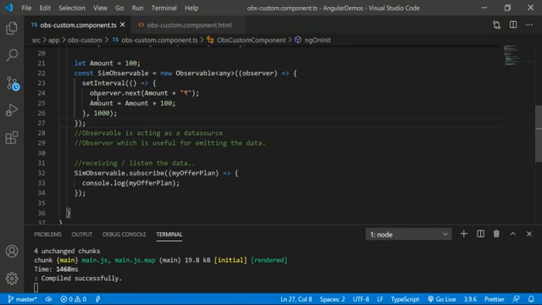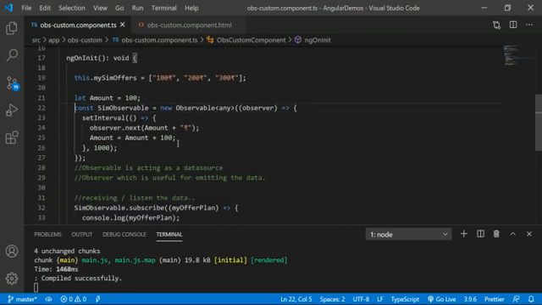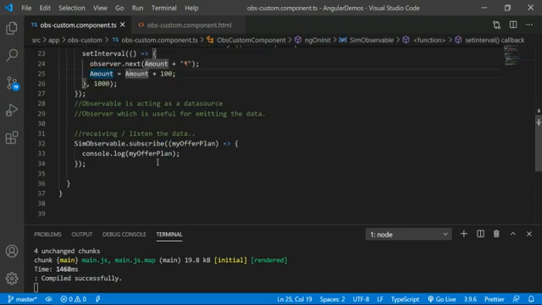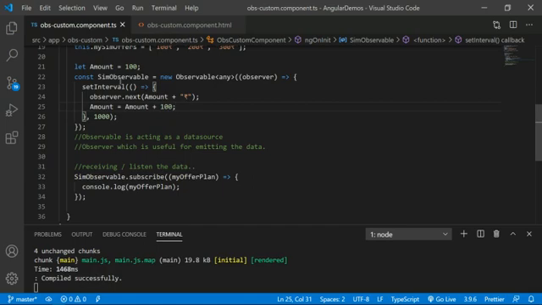Okay, now see, suppose in some situation you are getting an error. Whenever I reach 500 rupees, just assume that I have some error while doing some calculations for the offer. So I am getting some kind of error. In that situation we have to use the error by the observer.